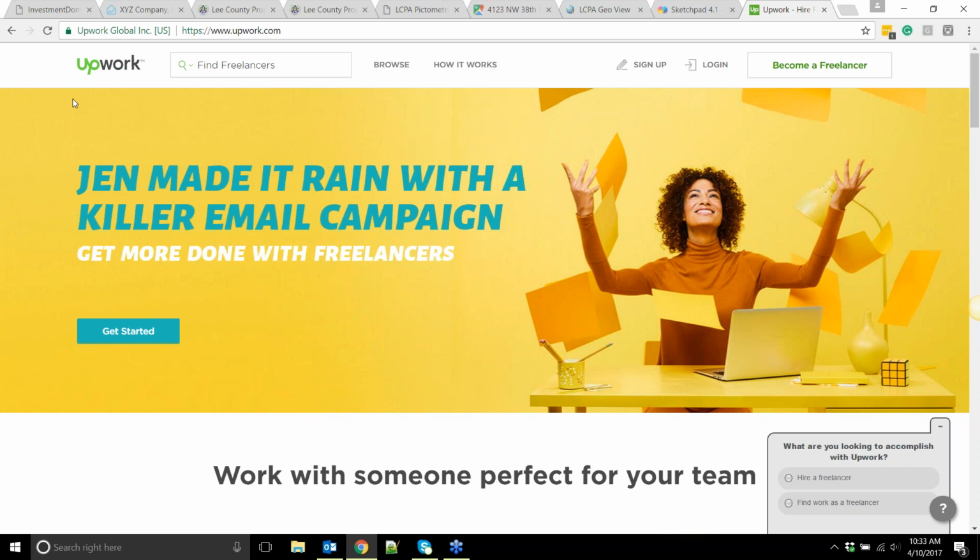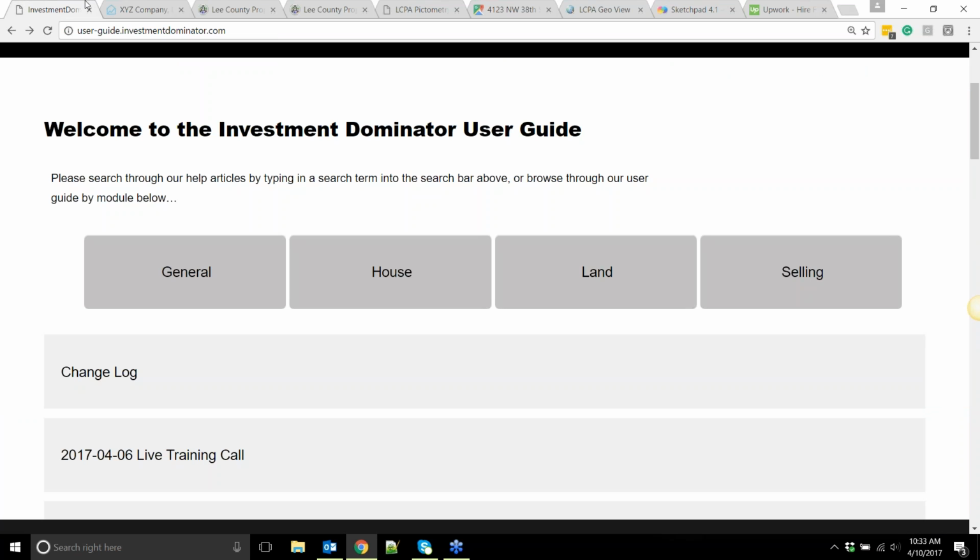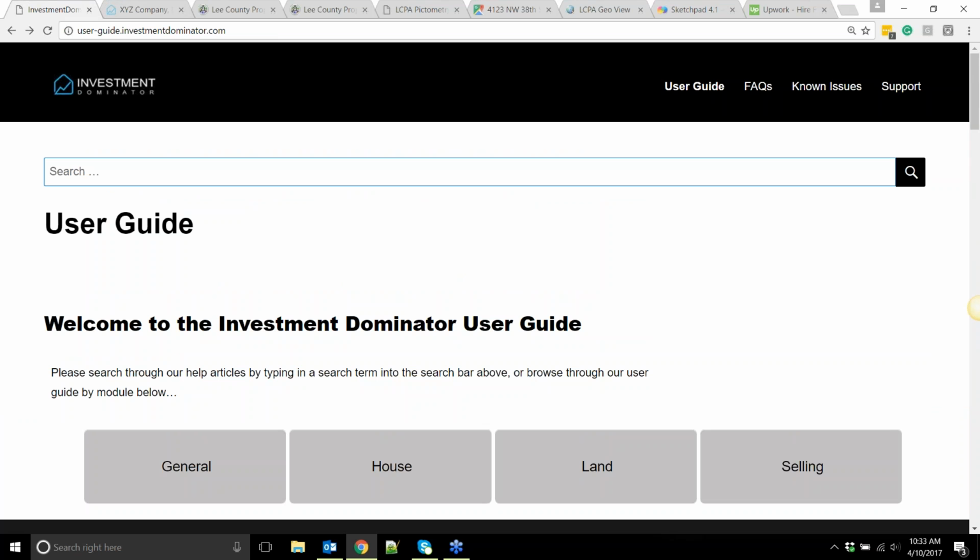All right, so I'm using a sample spreadsheet's headings to import my county data, but can I import additional data that's included on the list, like legal description? Okay, Rhonda, yes. Well, the answer is yes and no. So if you go to our user guide and you type in import,